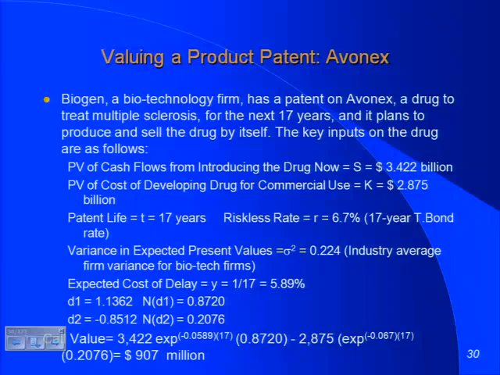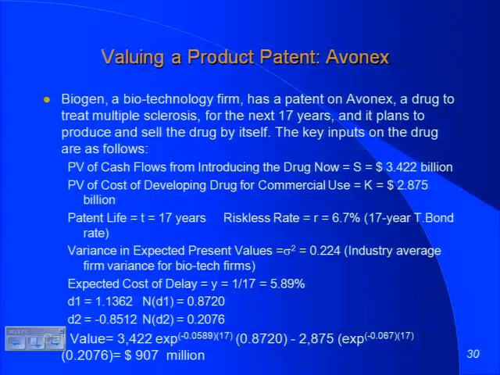And then it looks at the percentage of those people who stay on the drug through their disease, which is not 100% either. And they have very good statistics going back in time because they've been doing this for 60, 70, 80 years. So Biogen had done all the projections, cash flows. And the present value of the cash flows they'd come up with based on developing the drug immediately, this is in 1997, was $3.422 billion. So that's a traditional capital budget. They also estimated it would cost them $2.875 billion to develop the drug. That's a mind-boggling number, right?